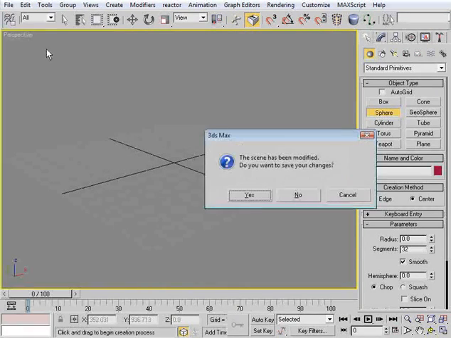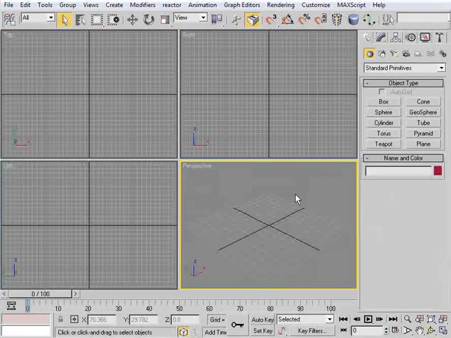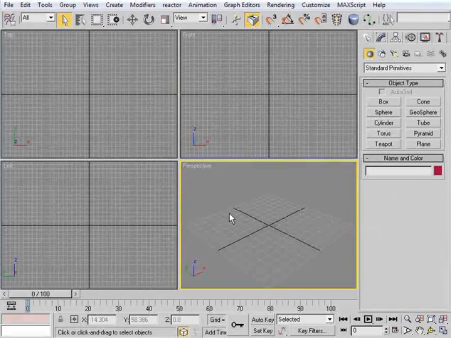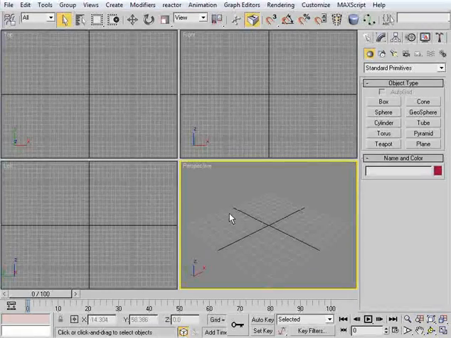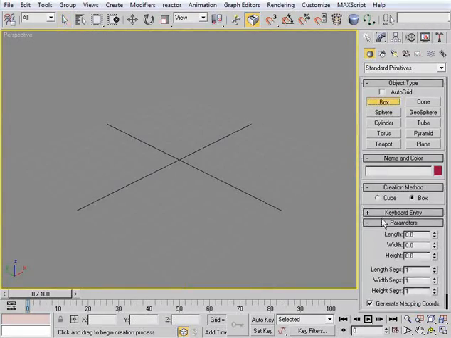I'm going to go File Reset, hit No, and yes, I really want to reset just to get Max back to its basic position and starting point, if you will. And what I want to try to show you now is a couple more things